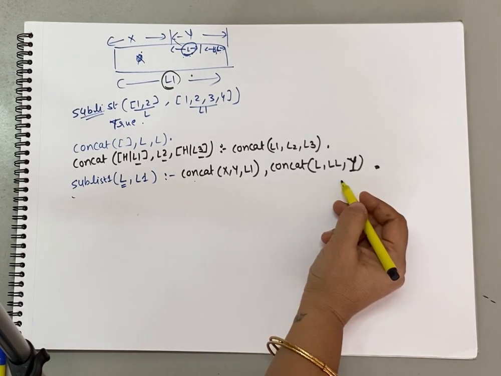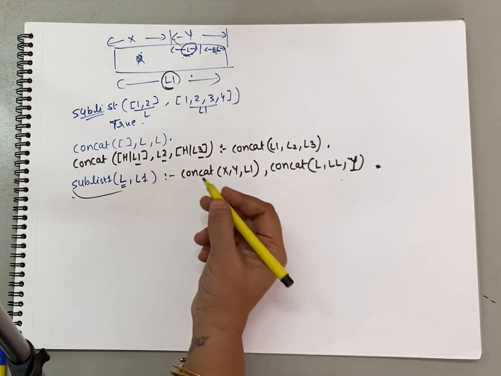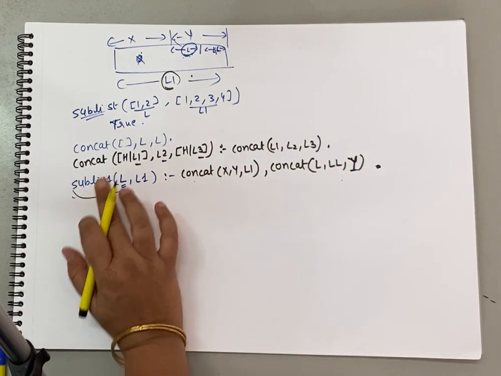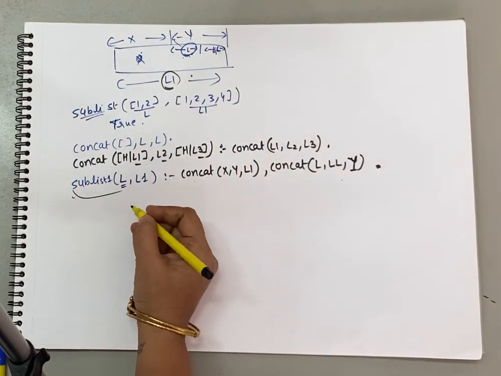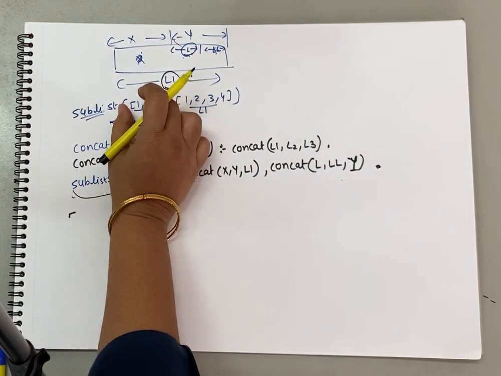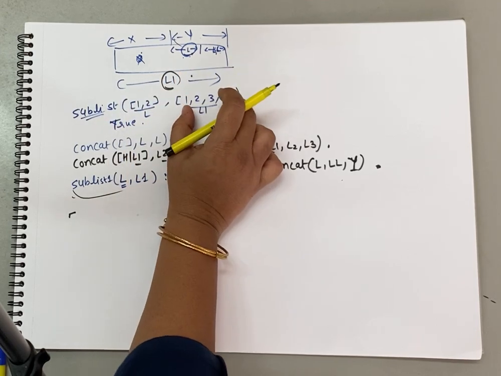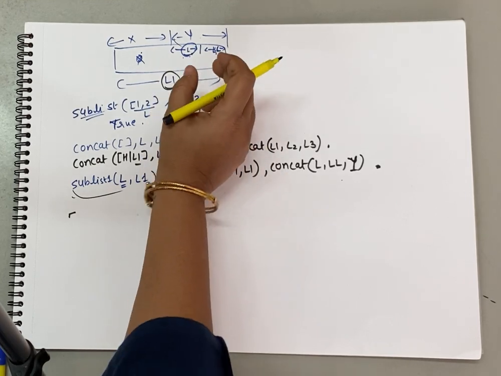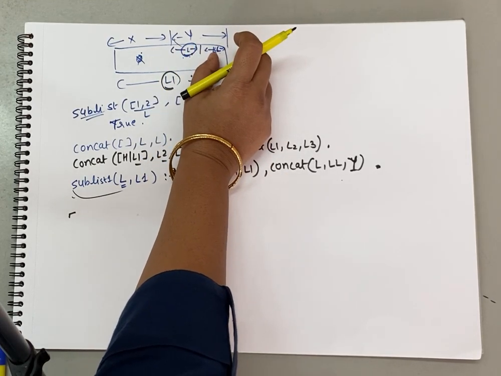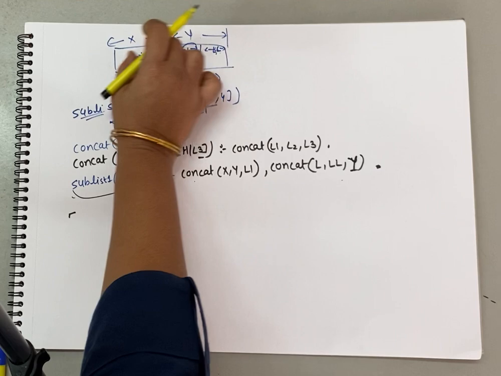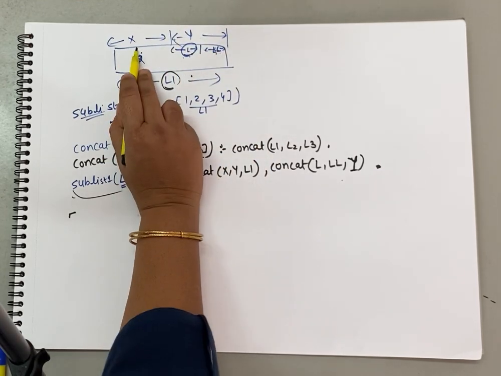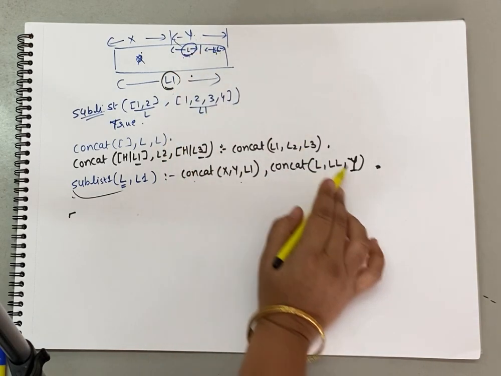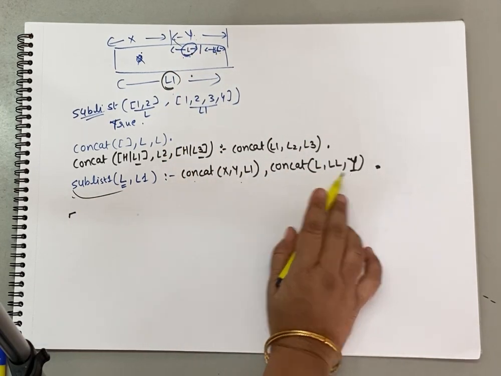So how is this sublist going to work? See, sublist is not a recursive function. Sublist is using the concat function, and concat itself is a recursive function. As we have dry run over here, even if you are checking 1, 2 at the beginning of the list, this will still work. Why? Because it is possible that X is empty. Similarly, if your sublist is at the end of the list, it will also work, considering Y is empty, or L can be anywhere inside. So X and Y together make L1, and L and LL together make Y. That way sublist will work.